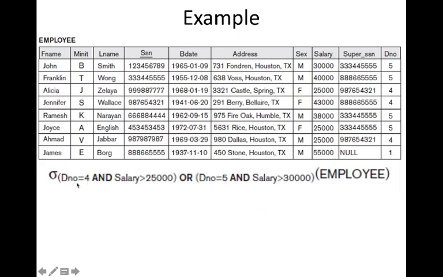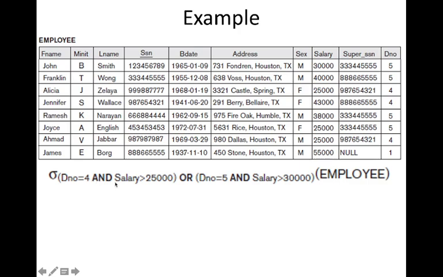The selection is: department number equal to 4 and salary greater than 25,000, or department number equal to 5 and salary greater than 30,000. It's a lengthy Boolean expression, so we'll take the first condition, department number equal to 4. There are 3 employees with department number 4.